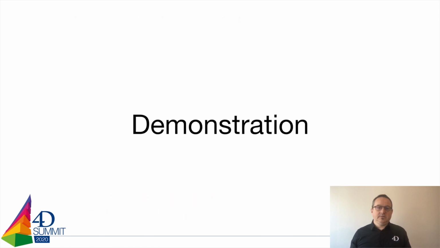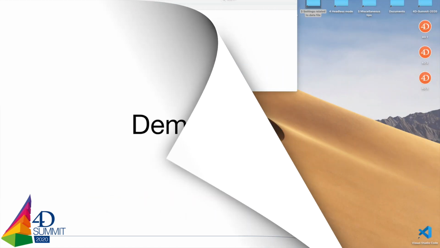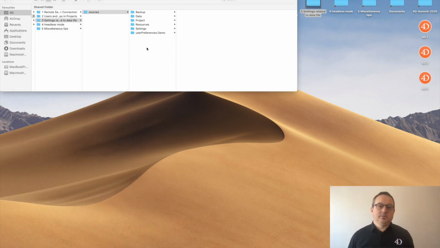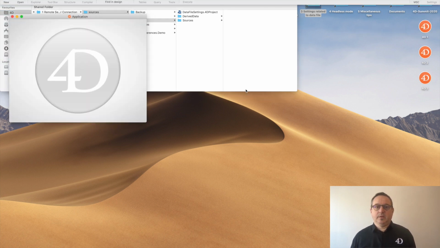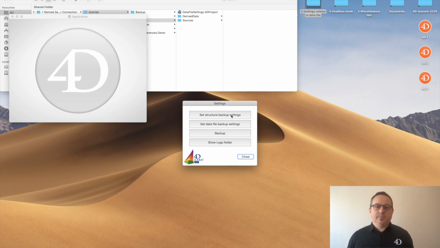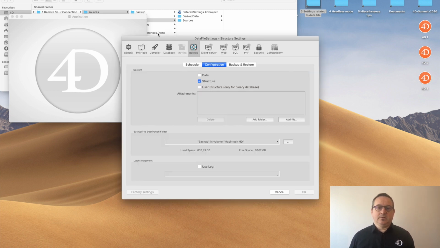So, a little demonstration. The demo database is very simple. Open it. About the backup, in the settings for the structure, I only back up the structure and no attachments.